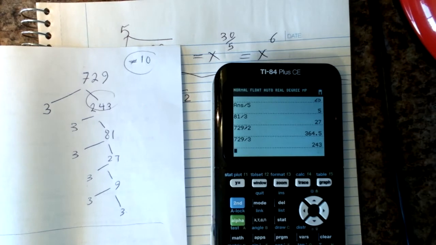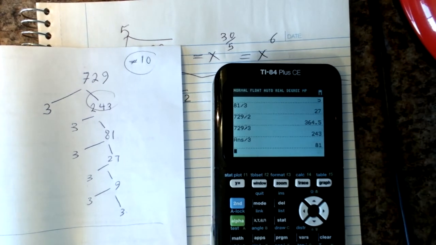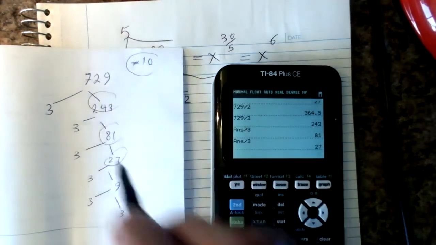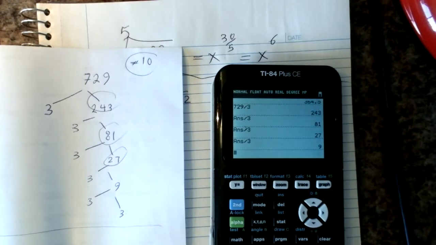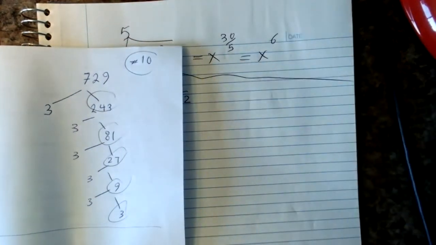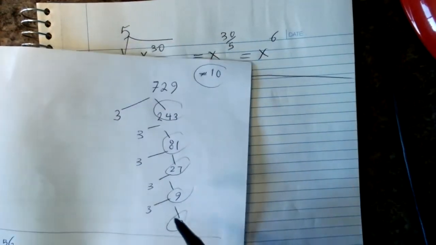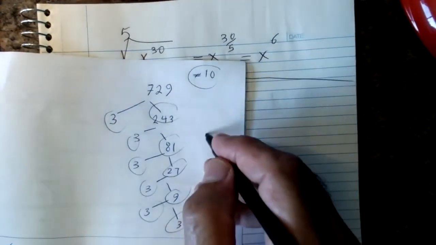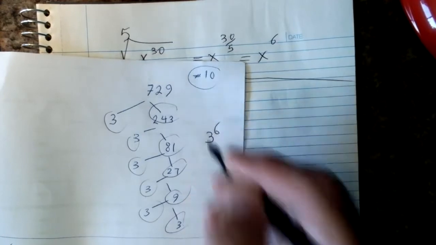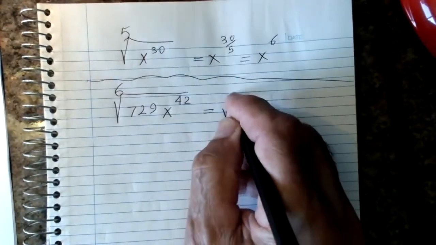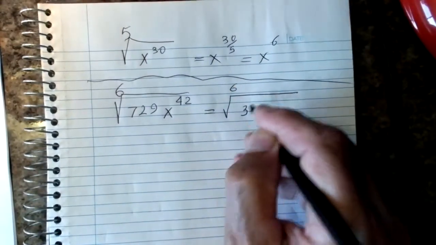Divide by 3 again. 81 divided by 3 again. 27, 9 and 3. Okay. So I have 1, 2, 3, 4, 5, 6. 729 is 3 to the power of 6. So here I put 3 to the power of 6,